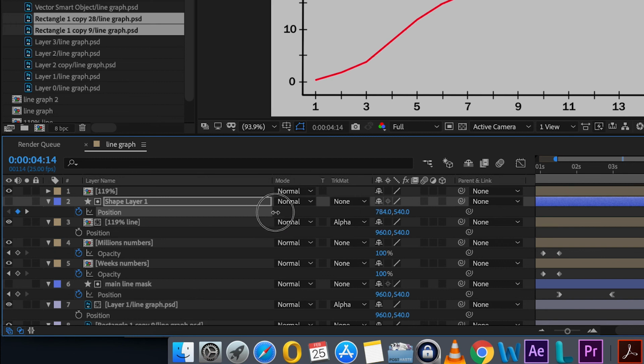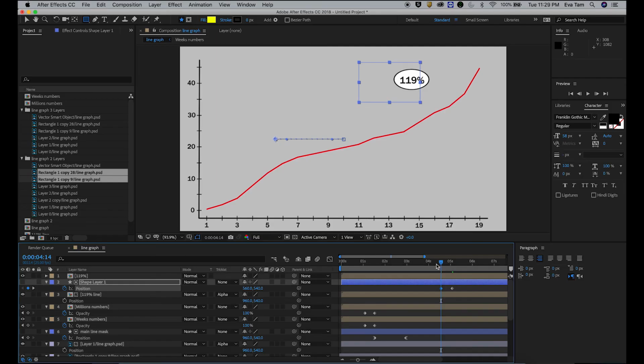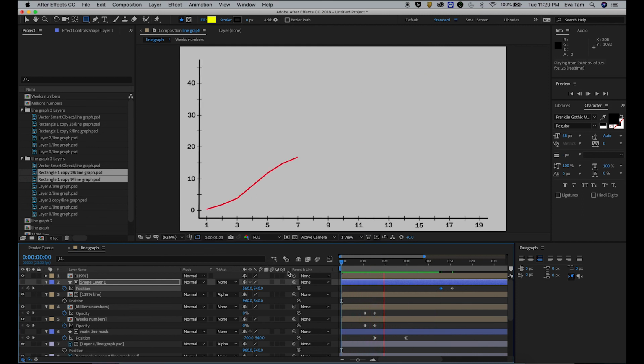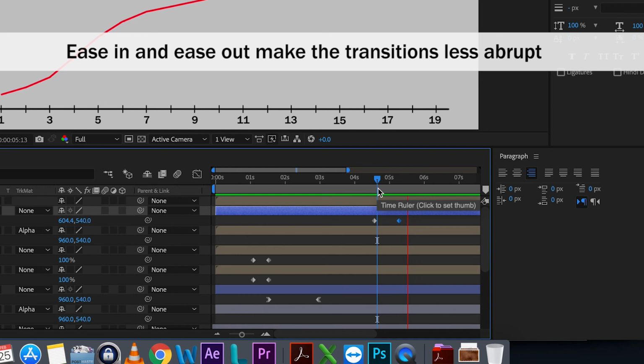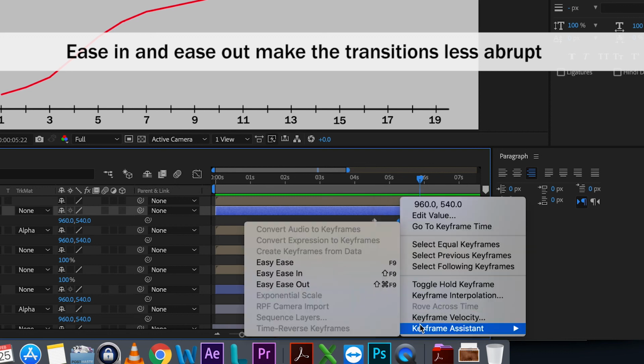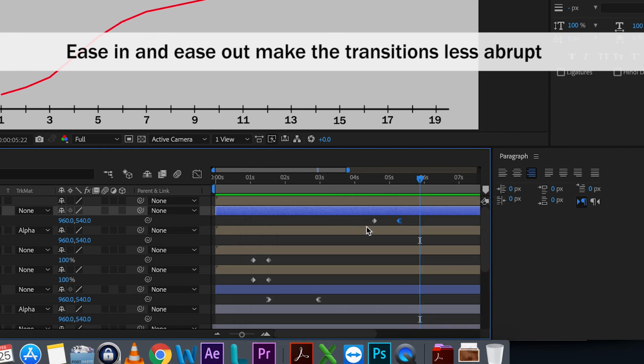And then I drag this backwards. And this is what you get. And then I'm going to do ease in, ease out to make it a bit smoother.